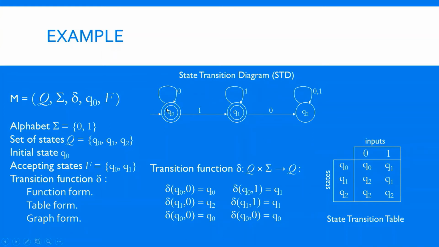You can loop at Q1, and you can loop at Q0 also. So any number of 0s, 0, 0, 0, 0, or you can take epsilon also. Epsilon means no string, the empty string. You may not go in this loop, you directly go via this path, which means you have taken epsilon. That is the meaning of epsilon. Epsilon is also a string, and epsilon is also accepted by this machine, because you start from the initial state without reading anything and you are already at the final state.